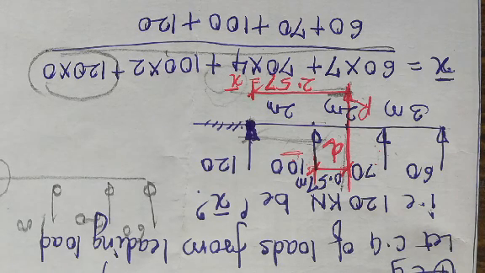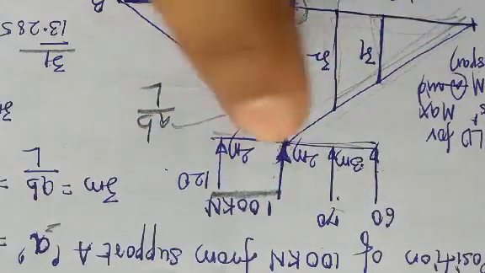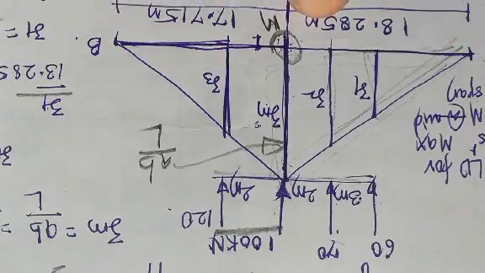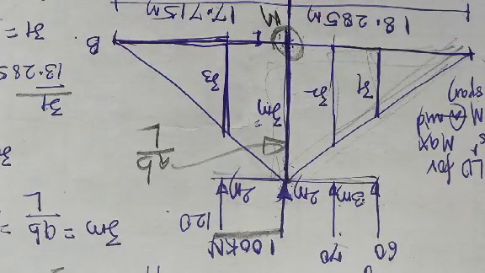Next you have to calculate the distance between the heavier load and the resultant. Once you get the distance d, next, at what distance should I place that heavier load from left support? That is given by L by 2 plus d divided by 2. L is nothing but span and d is nothing but the distance between the resultant and the heavier load. Once you have the influence line and place that load at that particular distance away from left support, after that the steps are the same.